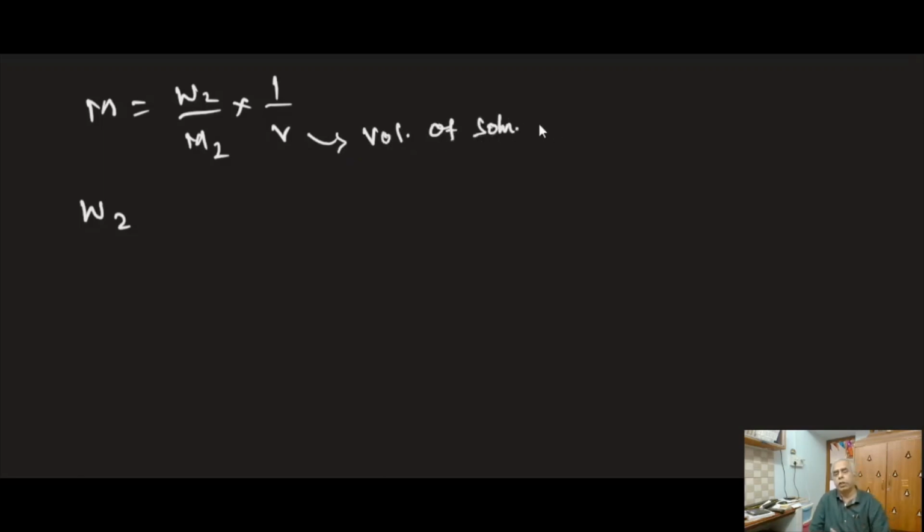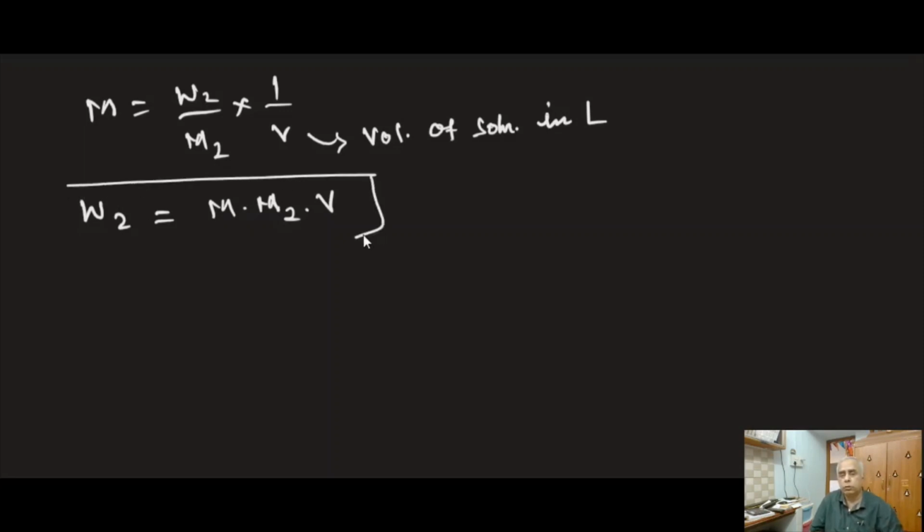So you can straight away take the volume as liter. In that case, W2 is equal to M into M2 into V. So when it is given in ml, divide by 1000, otherwise leave it as such. So M into M2 into V is equal to W2, the weight of the solute. So by knowing the value of molarity, molar mass and volume of the solution, you can straight away calculate the